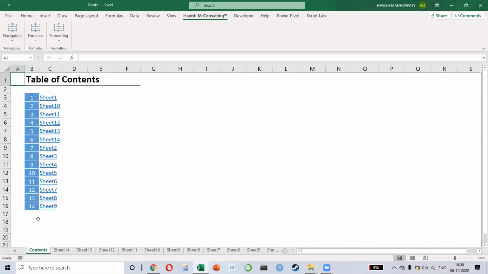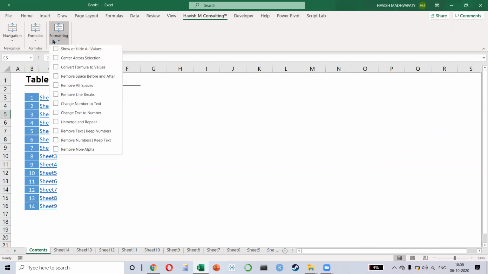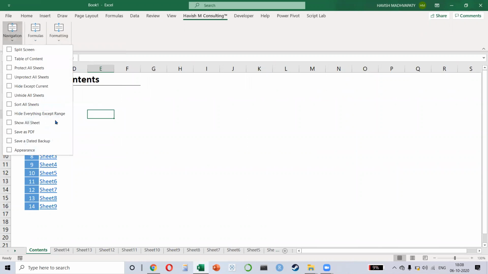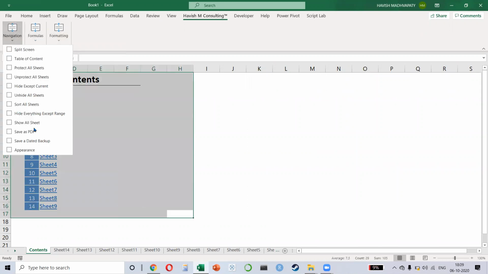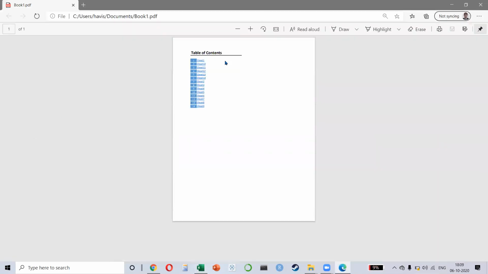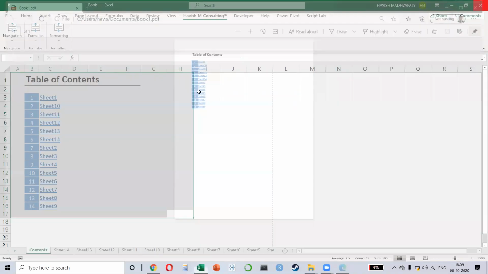And what will happen? In one click, you will get a table of content like this. Very cool, right? And like this, I've created lots of different things. For example, if you want to save this as a PDF, you can just select the data, navigation, save as PDF, and no manual work. It will save the data as a PDF. Otherwise, you will have to copy it, put it on Word, then you will have to save it. You don't have to do any of that, right?